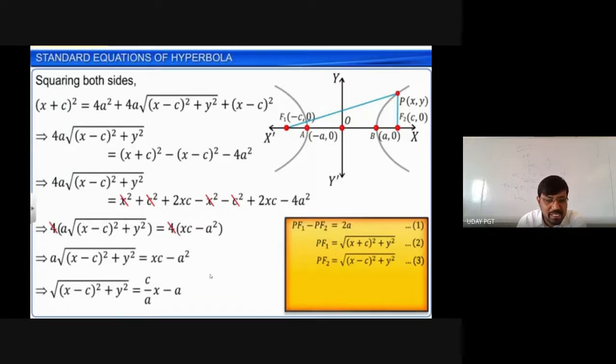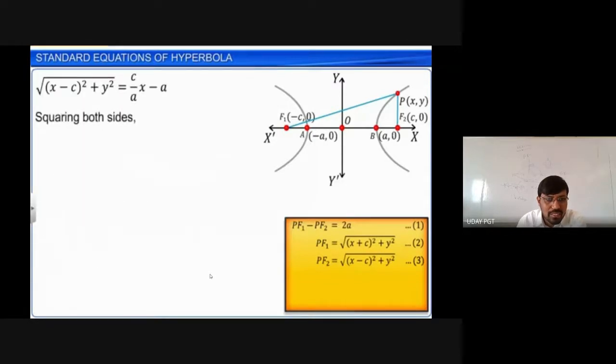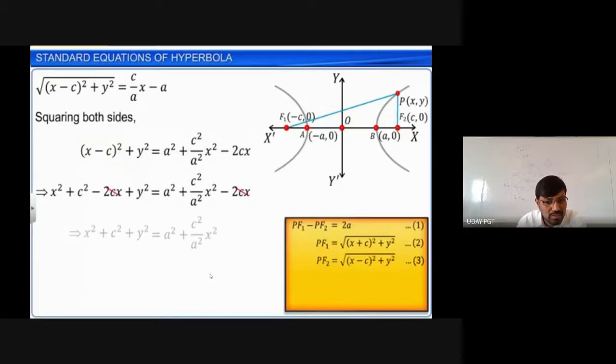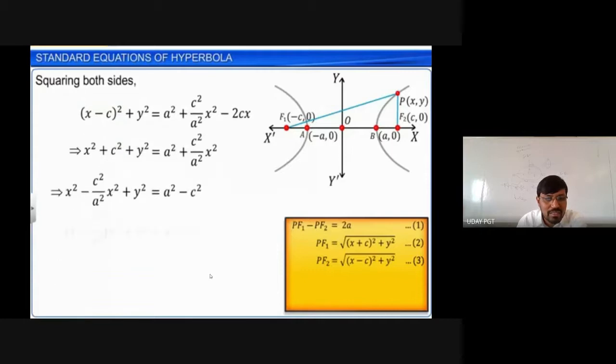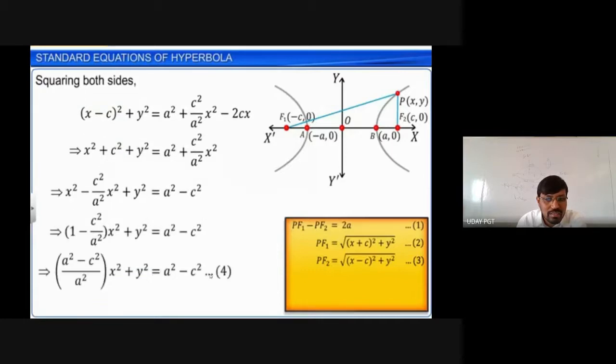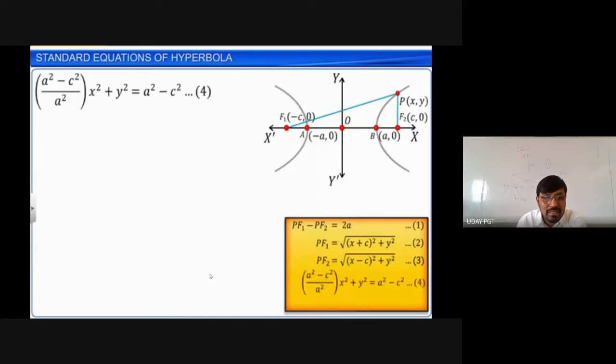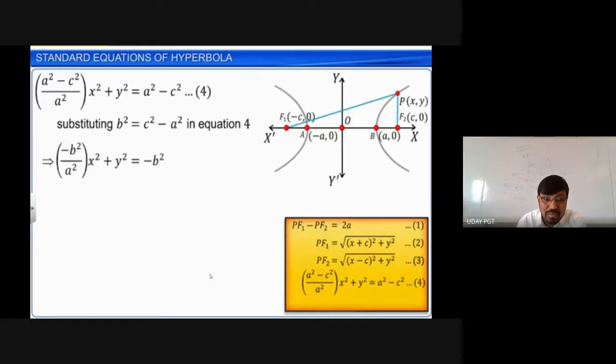Just simplification only, and on simplifying this we are going to get it like this. Squaring on both sides again, x plus c whole squared, the terms get cancelled, and we get finally x square by a square minus y square by b square is equal to, substituting the value of b square in place of c square minus a square. That means we need to eliminate the c from the given